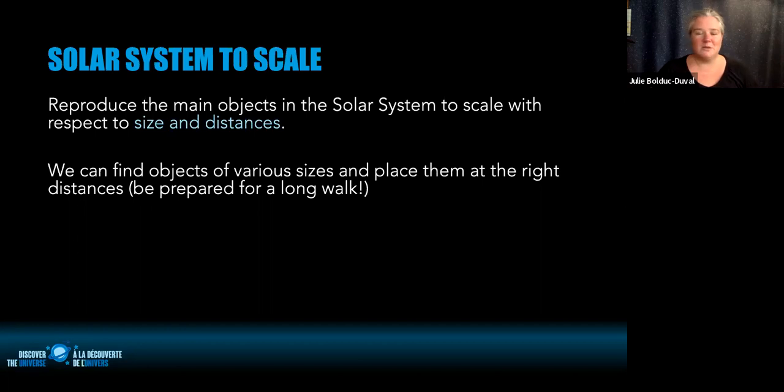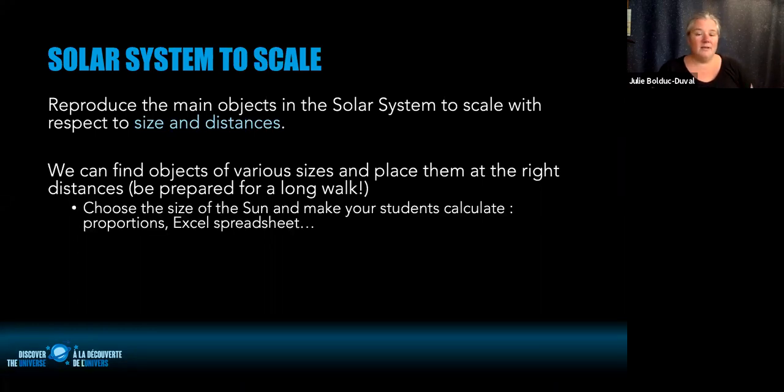There are different ways to do it. You can choose the size for the sun, and then if your students are old enough, they can do the math themselves. A very good way to include calculations about proportions. If you want them to become familiar with the spreadsheet, I put Excel spreadsheet, it would be Google Sheets, obviously,